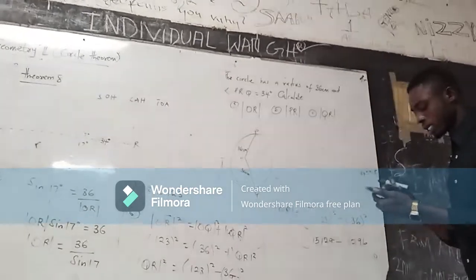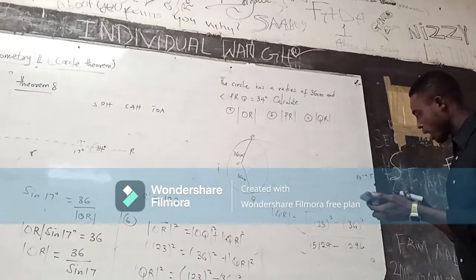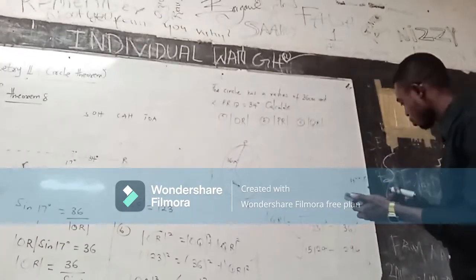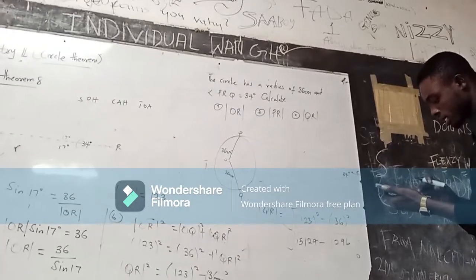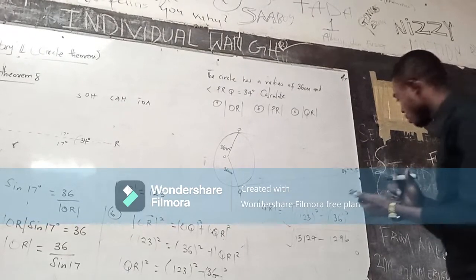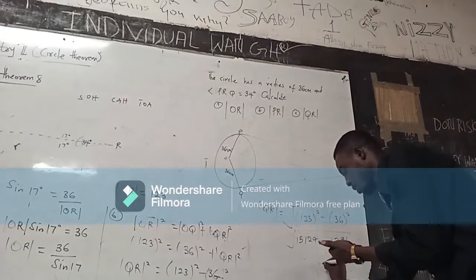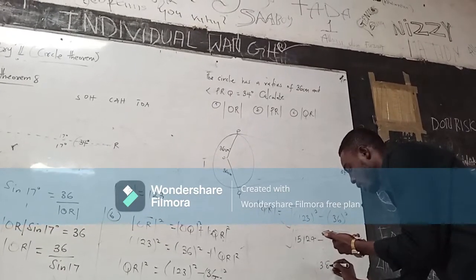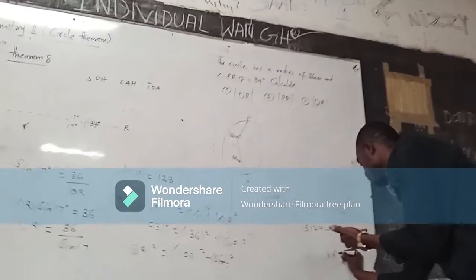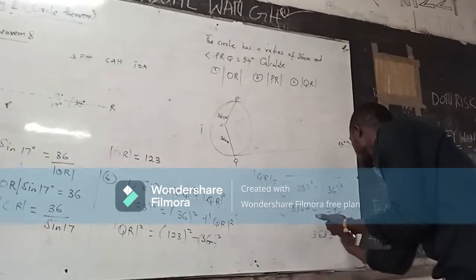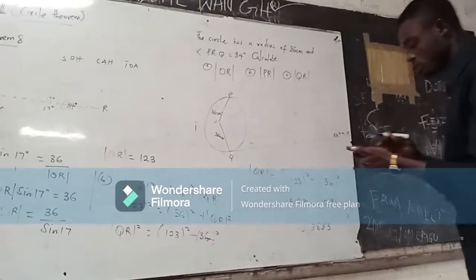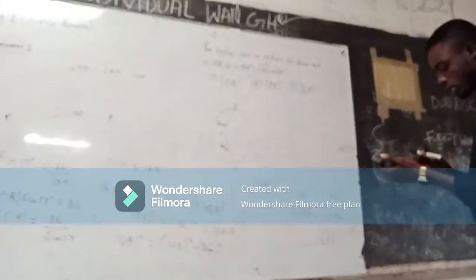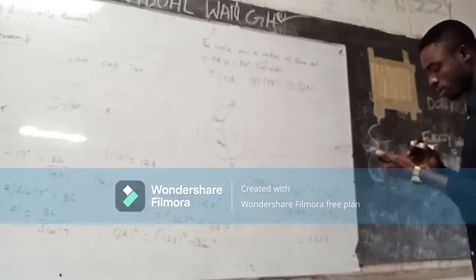So if you subtract 15,129 minus 1,296, you are going to get 13,833. Then find the square root of 13,833, and you are going to get